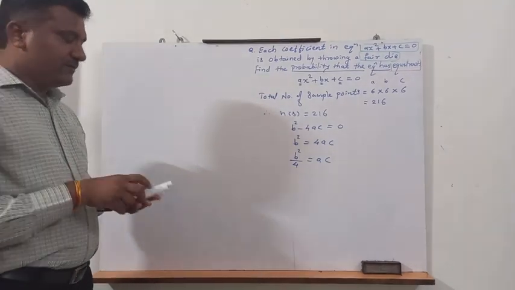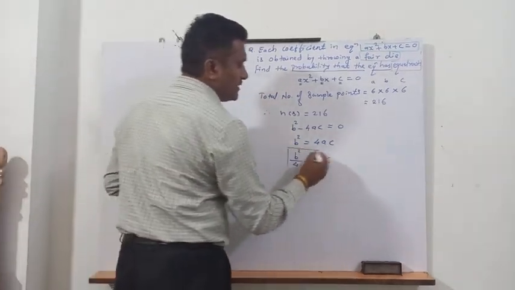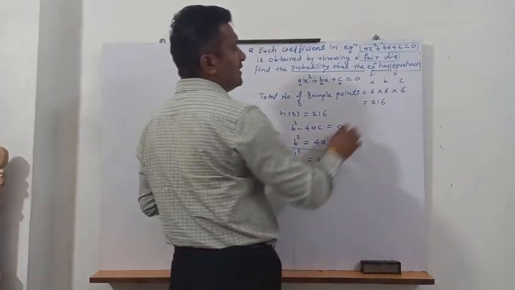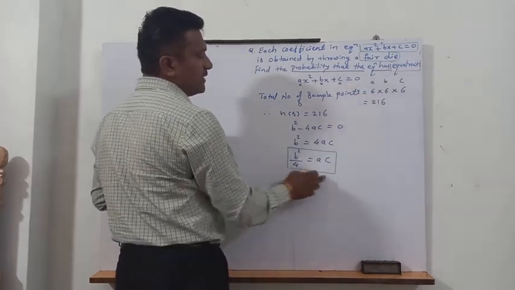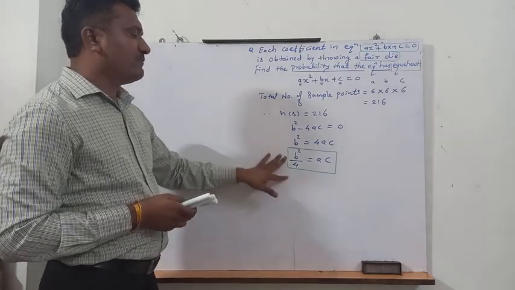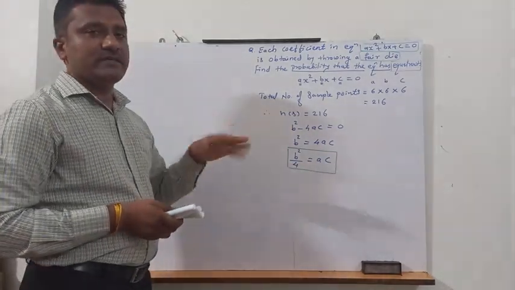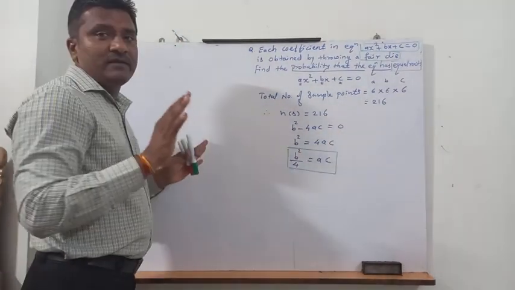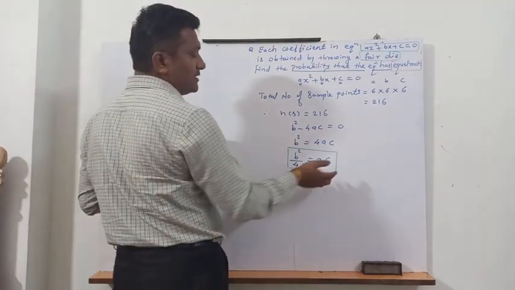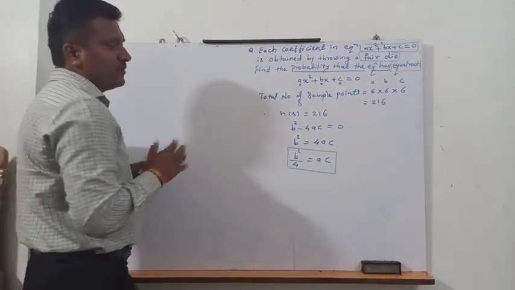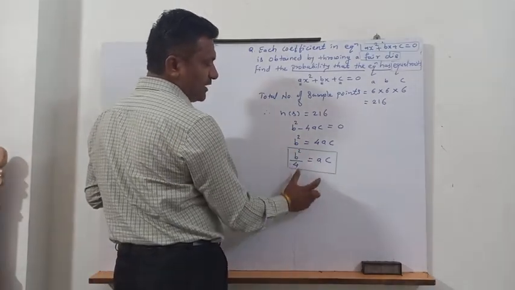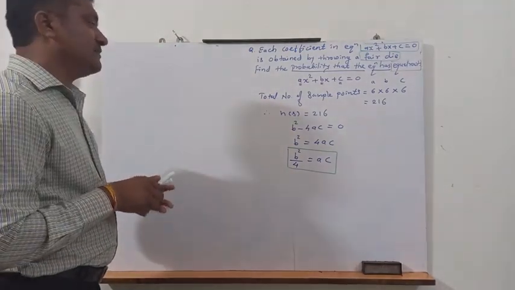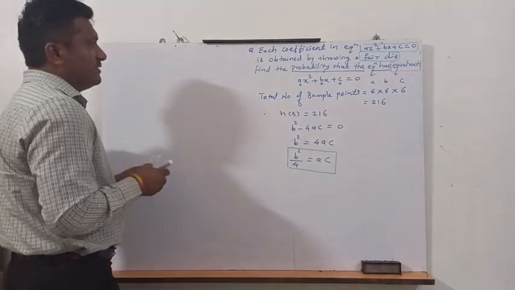So this is our first important equation we obtain in this particular sum, because you want to find the value of b such that these two values come exactly equal, that is b square by 4 should be equal to ac, because 4ac is quite challenging to find the outcomes, since the total number of outcomes is near about 216. Calculating 4ac would be a little challenging. Better than that, if you rearrange it like this, b square by 4 equal to ac can be easily found.